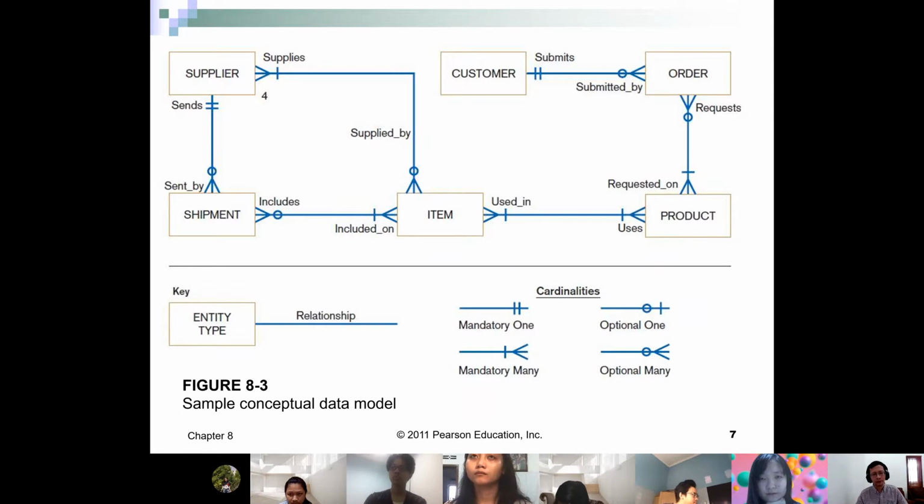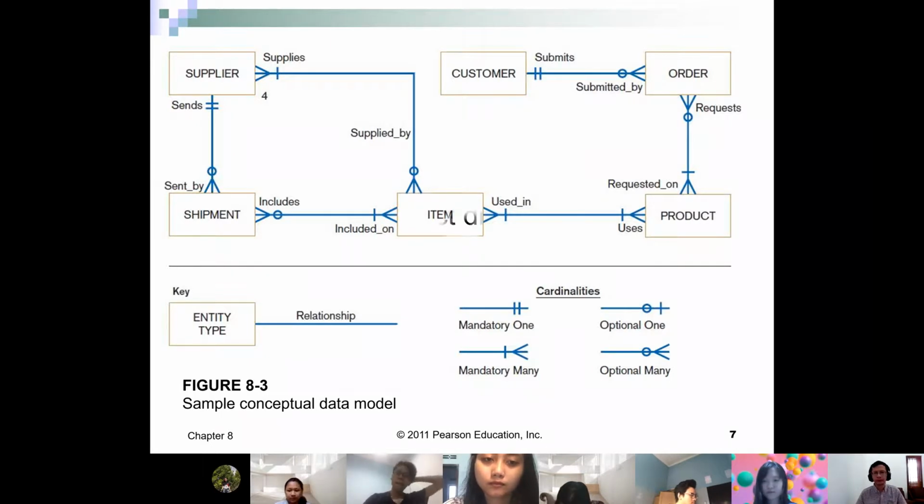Some organizations may record differently. For example, a small mom and pop store, or a convenience store down the road from your home, owned by a family business, probably will not have a credit sales record, so they will not need a credit sales entity type, but they do have a cash sales entity type, things like that.